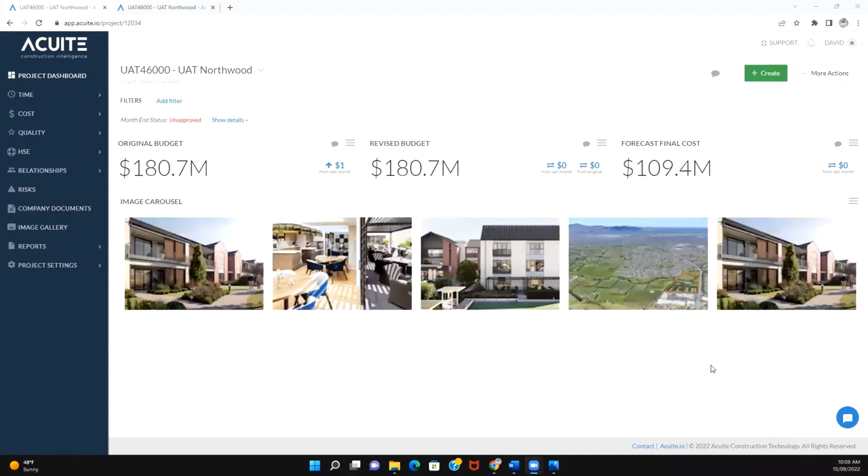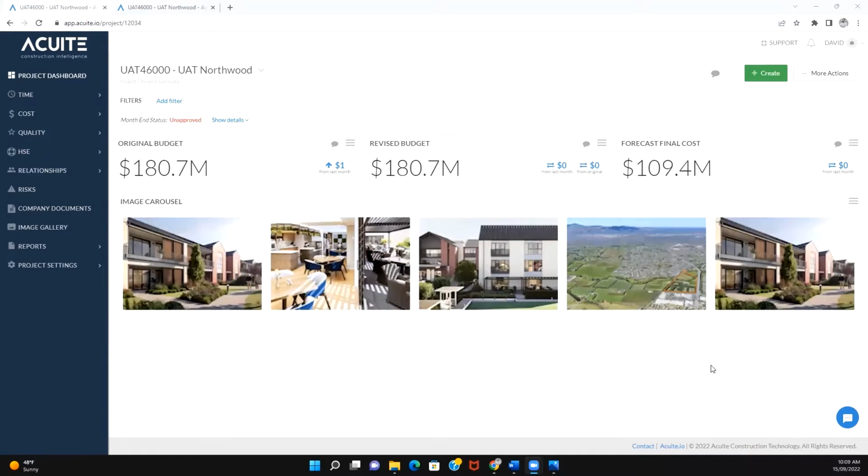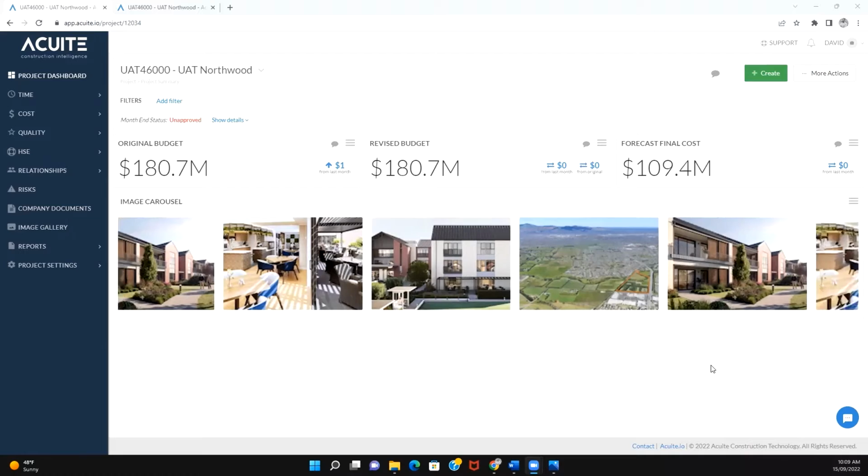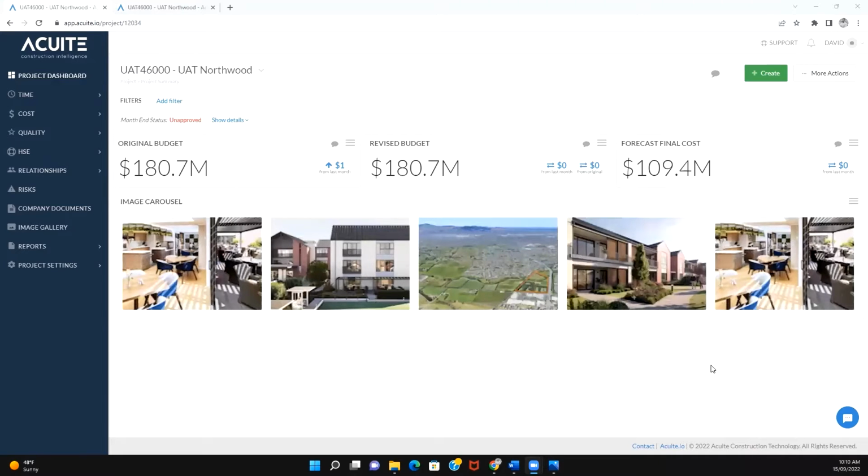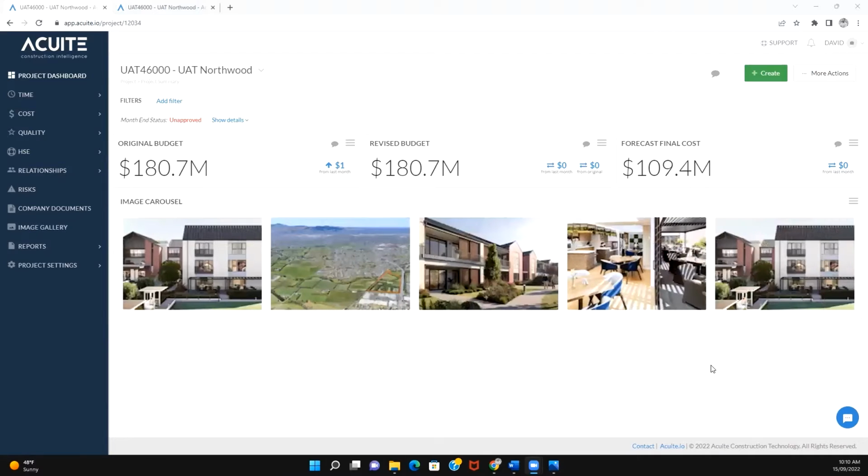project's forecast final cost. In this video, we'll be covering off where to find the forecasting tool, how it interacts with Procore, the basics around forecasting, syncing your forecast back to Procore, and how to lock off the dashboards once